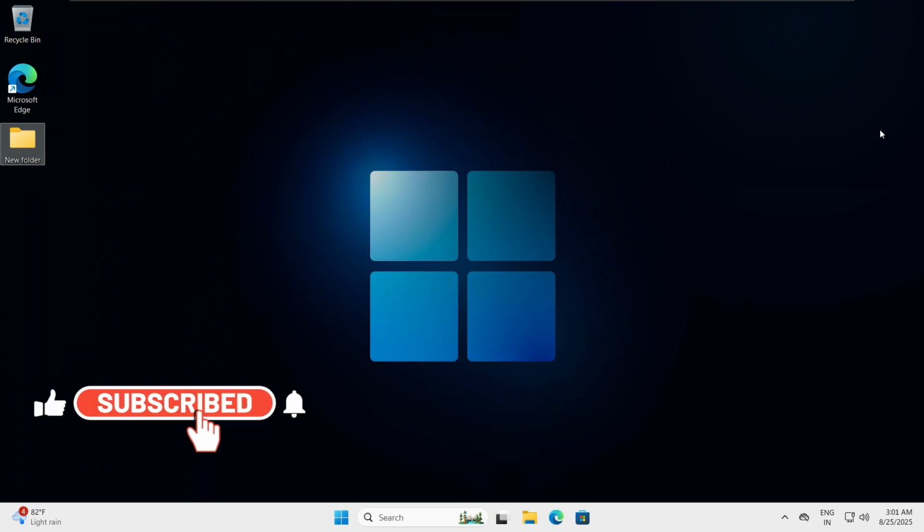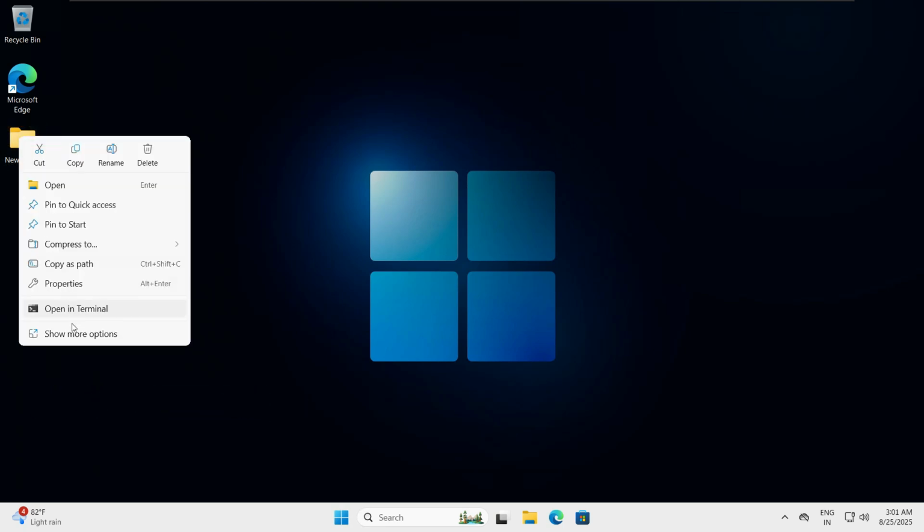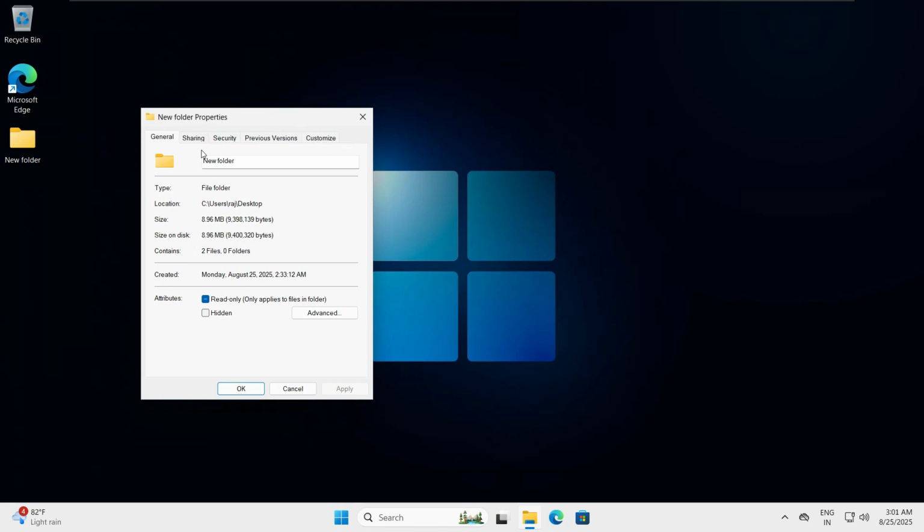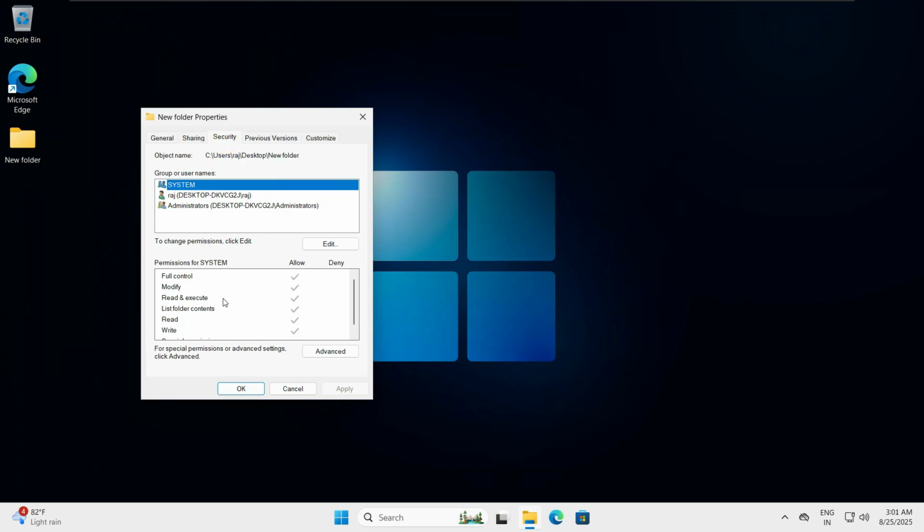So how you can change a folder ownership, okay? Here in Windows 11 or any Windows version, you can see the properties option. If you right click on the folder and go to properties, you can see here, okay? So go to security, and in the security option you can see the permissions here, but go in advanced